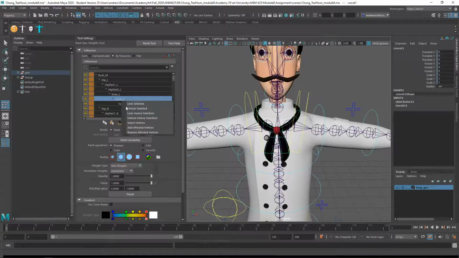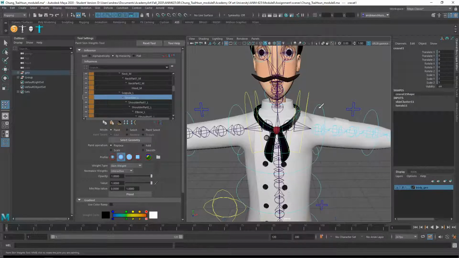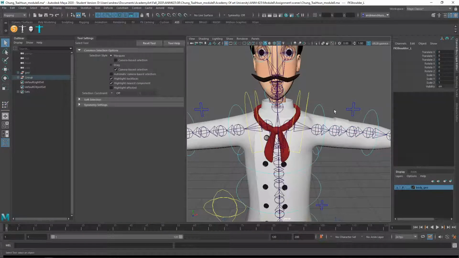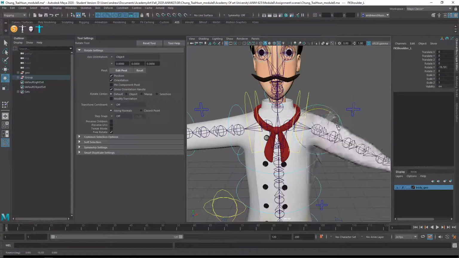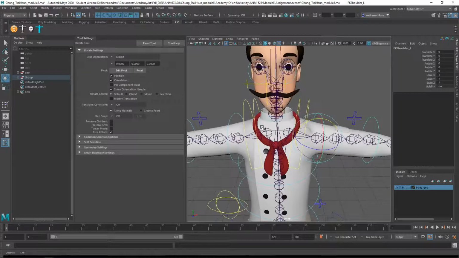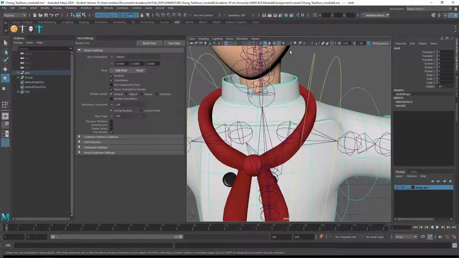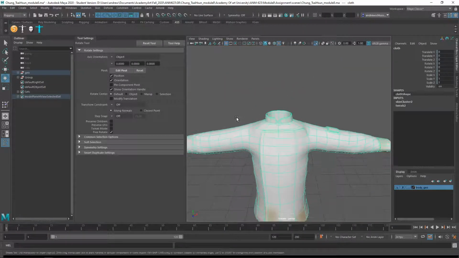I'm gonna unlock inverse selection and, I think we should say, let's just right mouse click, select influence, shoulder. Let's replace with the value of 0 and flood. And now that won't move with it, which I think is better, but I would also say, I'm just going to isolate this for a minute and